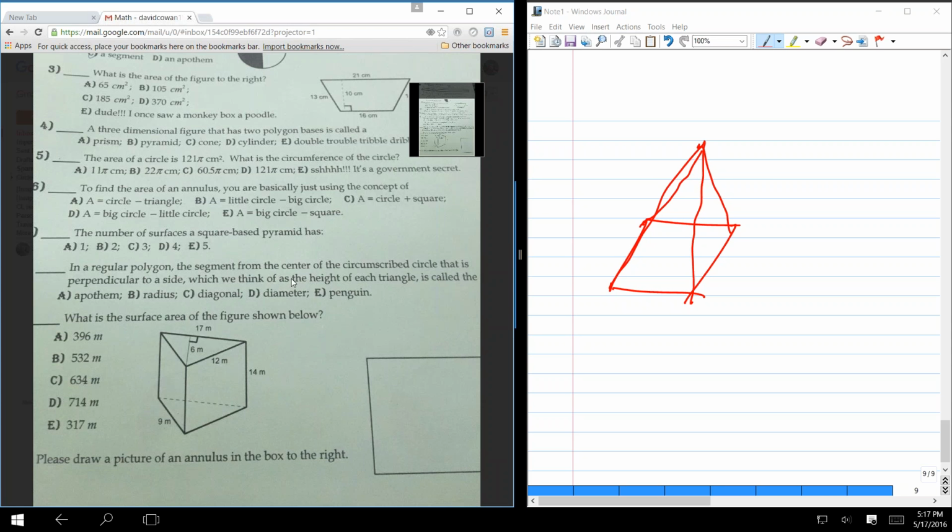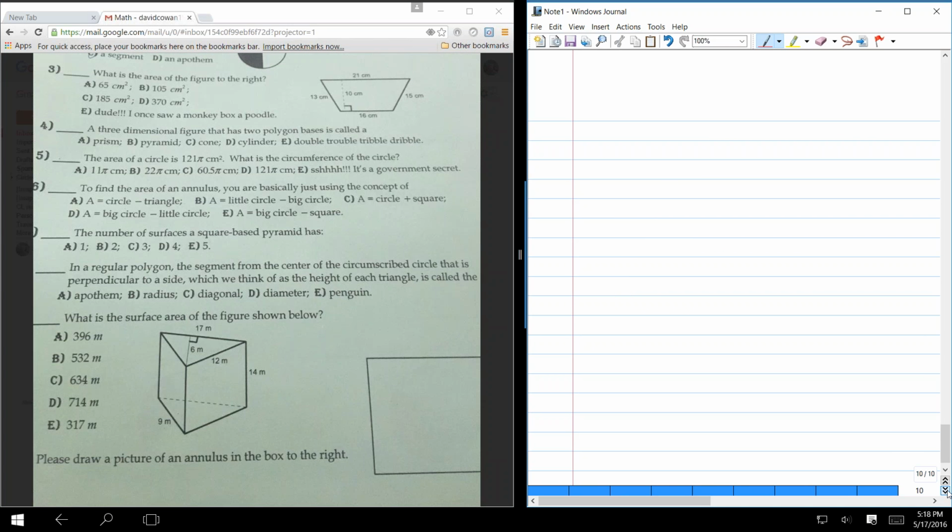In a regular polygon, the segment from the center of the circumscribed circle that is perpendicular to a side is called what? These are weird questions. First of all, why does it have to be the center of a... In a regular polygon, the segment from the center of a circumscribed circle. Well,